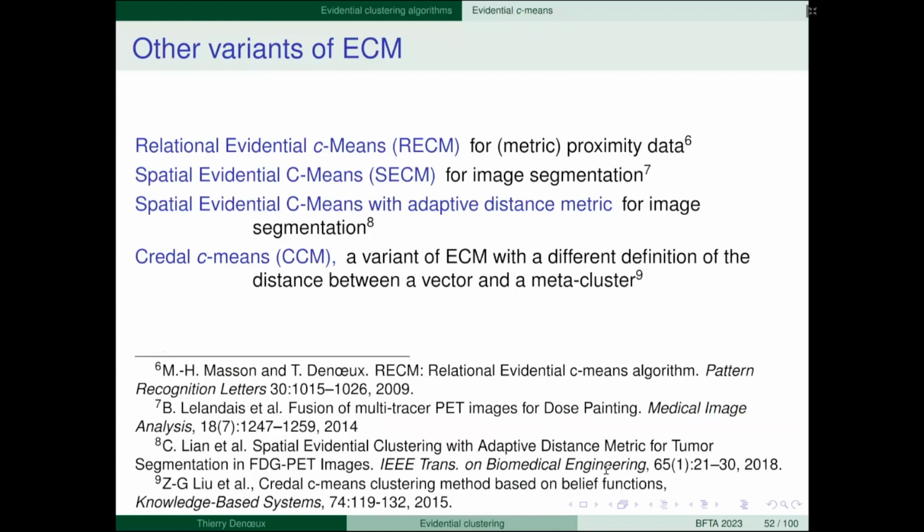There was another variant where you also adapt the distance metric. And there is another clustering algorithm somewhat similar to ECM, proposed by Professor Zhun-ga Liu, but with a different definition of the distance between a vector and a metacluster. A metacluster is a set of clusters. It's a variant which sometimes works better, sometimes worse.